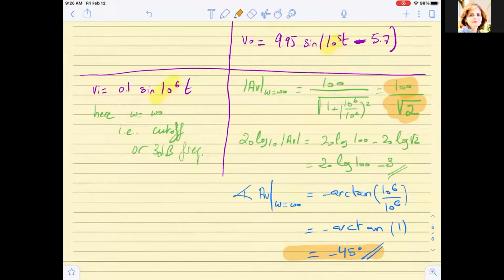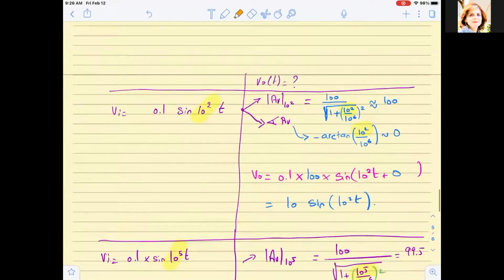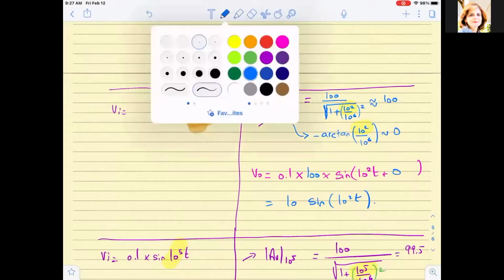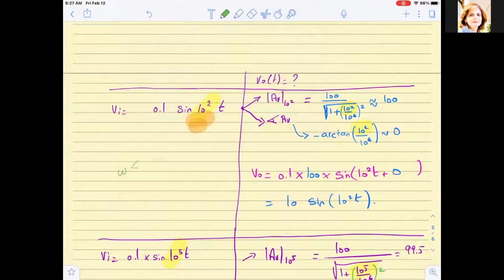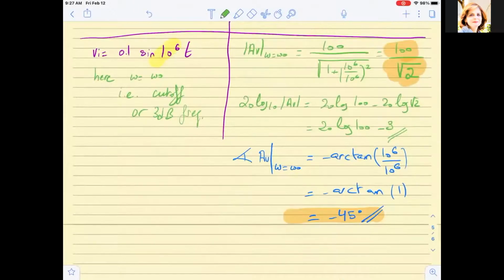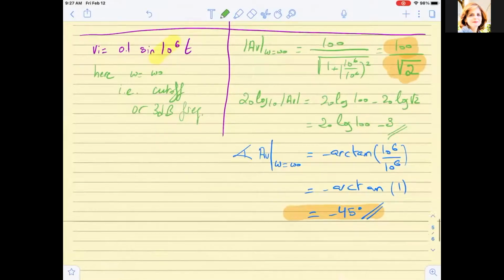So let us inspect what happens here, and later we will refresh our memory about the Bode plots. So what happened here is that at very low frequencies, okay? When omega was much smaller than omega 0, the gain was almost the same as the low frequency gain, and the phase did not change much, it was 0. When I was operating at the cutoff frequency, the gain dropped by 3 dB and the phase was minus 45